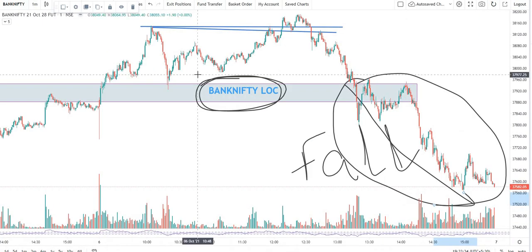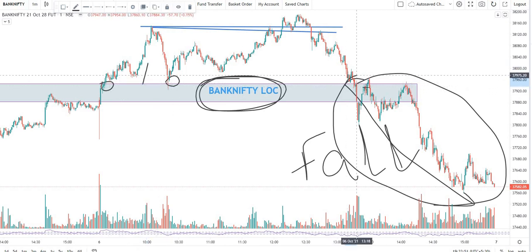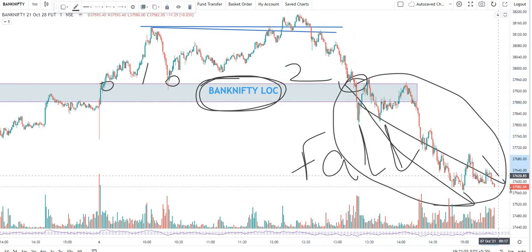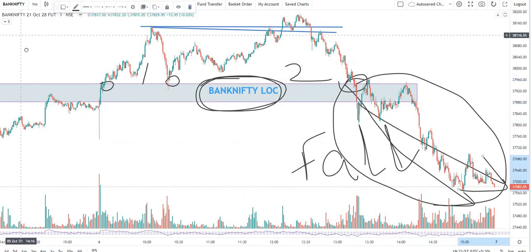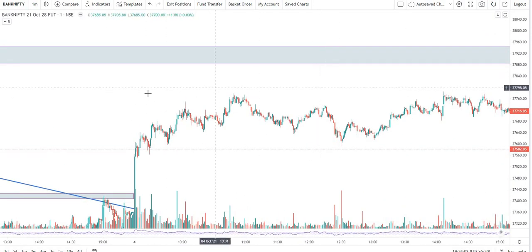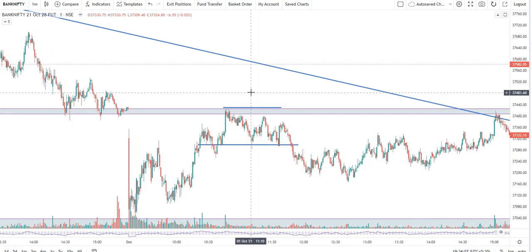So in today's market, you see, price is touching here at 9:18, second time 10:20, a gap of 1 hour. First time, second time, you see, third time a 2 hour gap, and you see the fall. I am giving you another example. It is really happening on a regular basis.